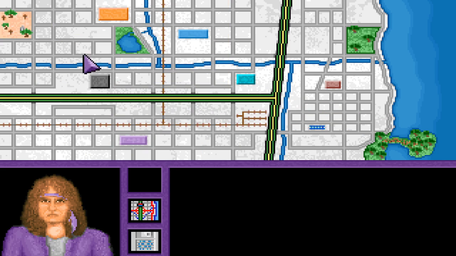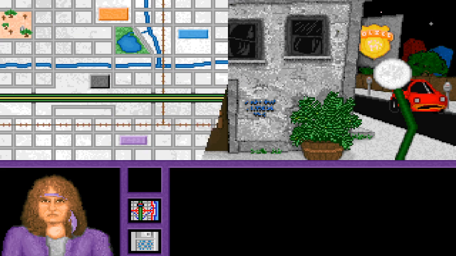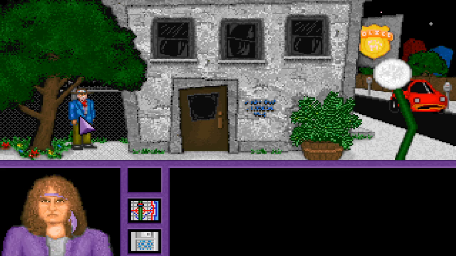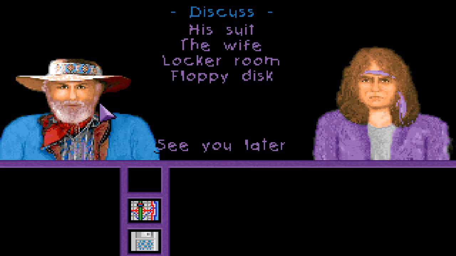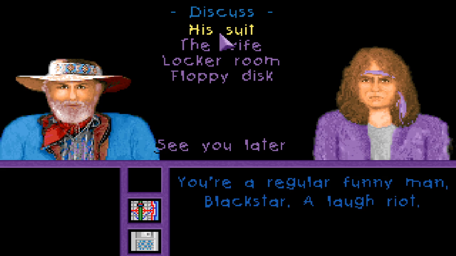Okay, so now we got to go back to the cop shop. Also, is it me or does this dude look like an old Alan Grant? Alan Grant combined with John Hammond, anyway.